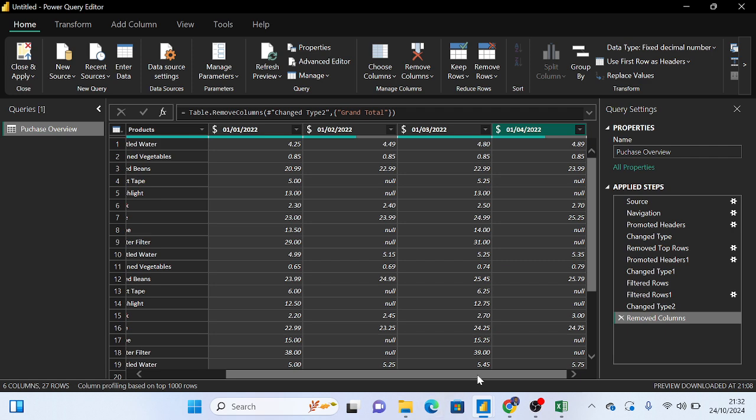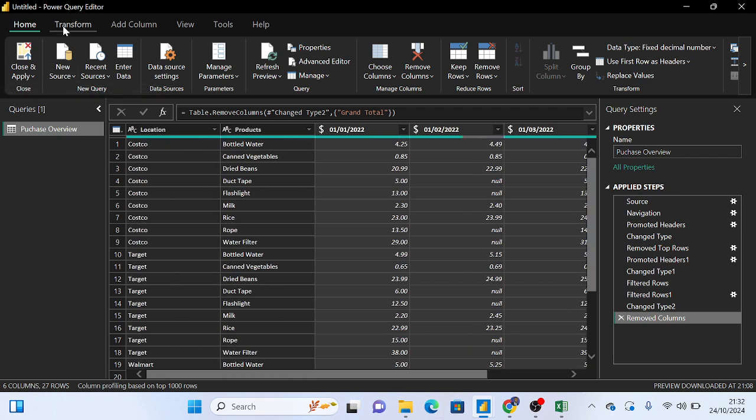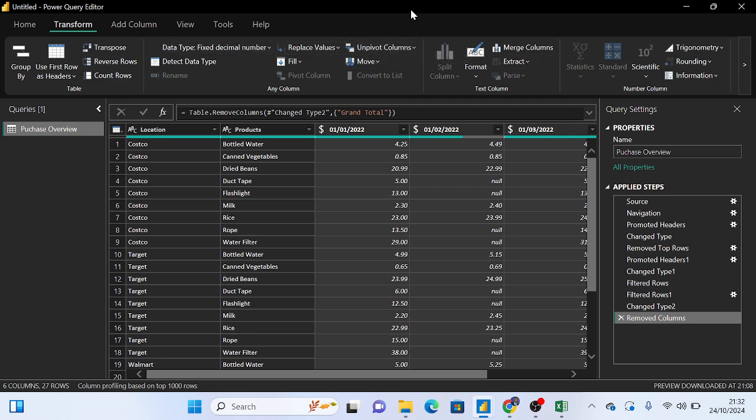Then after that, I will come to transform data and I will unpivot my columns. Unpivot meaning I want that data to be kept as rows. One column but many rows. So let's say if it is date 1, we had Costco, bottled water, and the price. So this price will be for January. So we'll have the dates now